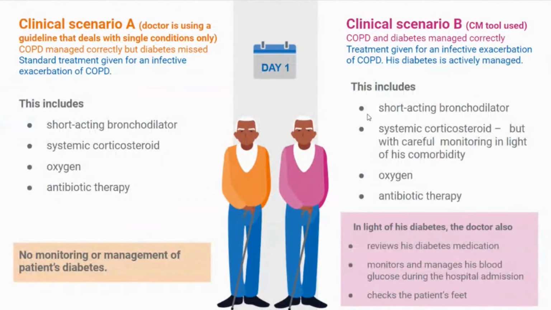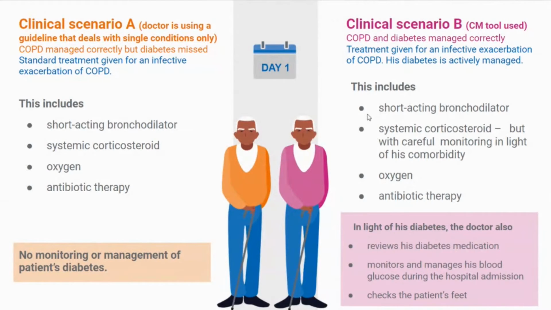So imagine the scenario splits into, and in scenario A on the left, the doctor looking after this patient just deals with the acute condition, the acute exacerbation of COPD, and advises nebulized bronchodilators, steroids, oxygen, antibiotics. In scenario B, using the comorbidity tool, the doctor or healthcare professional will give all those treatments, but with careful monitoring of the steroid in light of the type 2 diabetes, and indeed will review the diabetes medication,